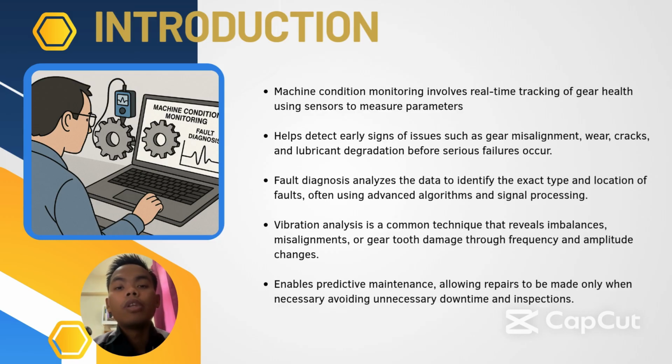Today I will explain about the introduction of machine condition monitoring and fault diagnosis for gear. Machine condition monitoring involves real-time tracking of gear through the use of sensors that measure various parameters such as vibration, temperature and pressure. This continuous monitoring helps detect early signs of issues like gear misalignment, wear, cracks and lubricant degradation before they evolve